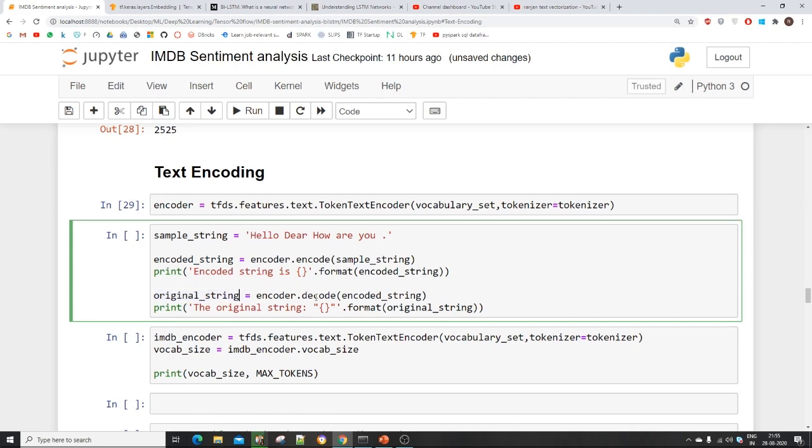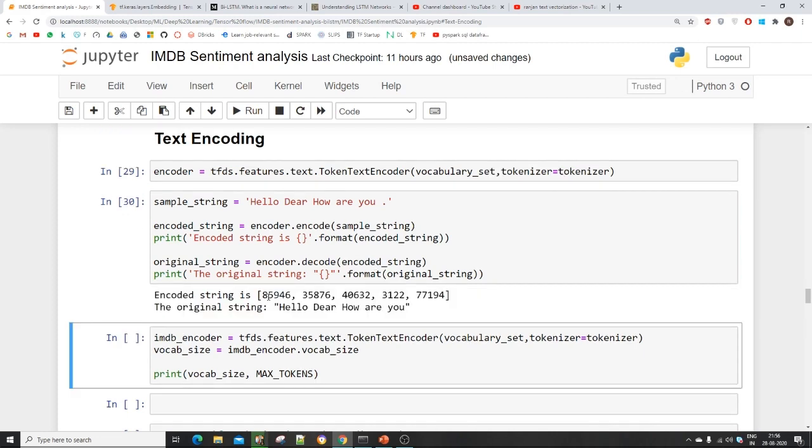It will decode the encoded string that I have created here. It will decode that string and give the same input. So here I am using encoding and here I am using decoding. Encoding means converting a string into numbers, and decoding means that I have created numbers here, so it will convert the numbers into a string. So I will show you how it works. So this is my encoded string.